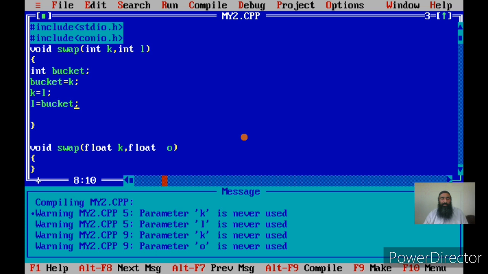This is how we exchange the contents of two variables. This is also called swapping. Swapping means when you have got two variables and you want to exchange their contents, and in this process we use a third variable. It is also possible that we can do it without using the third variable.